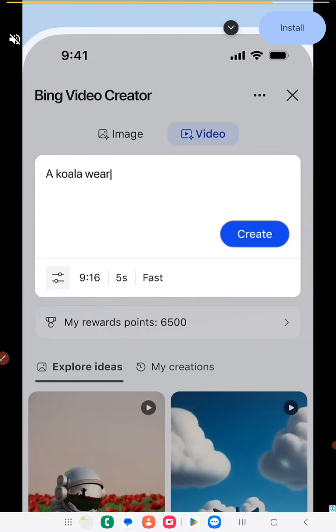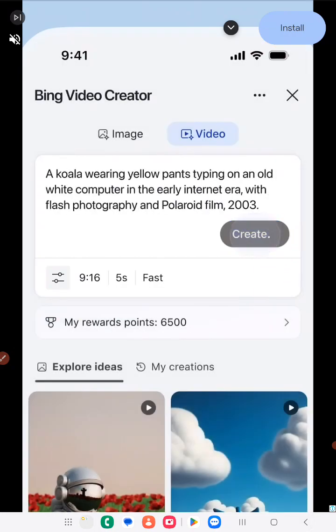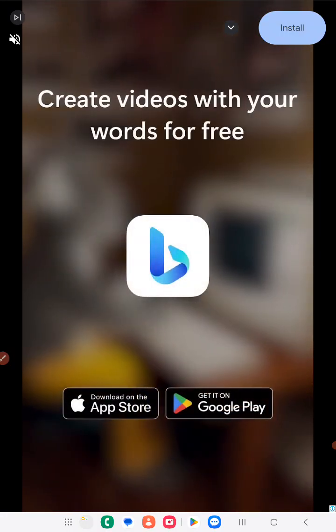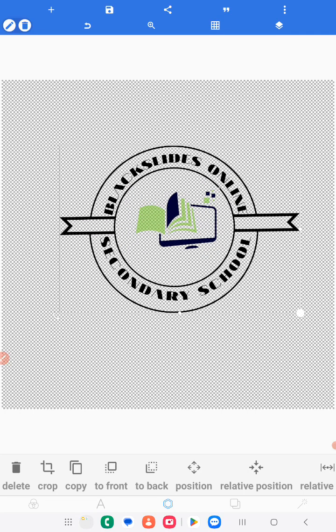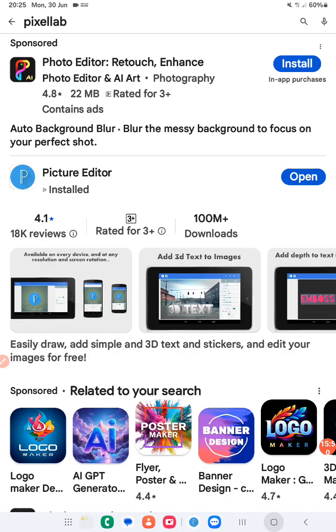Having done this, then we have saved our image. We have saved our logo, rather, sorry for these adverts. We have saved our logo as an image. Now, having done this, you can exit this and